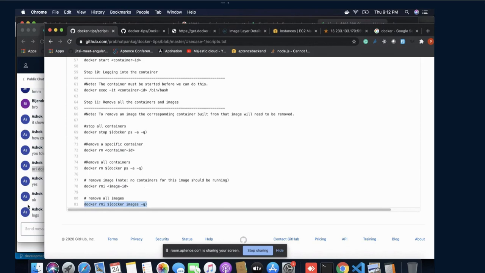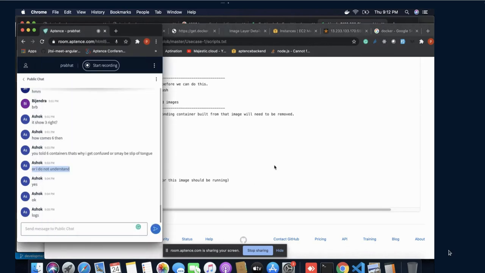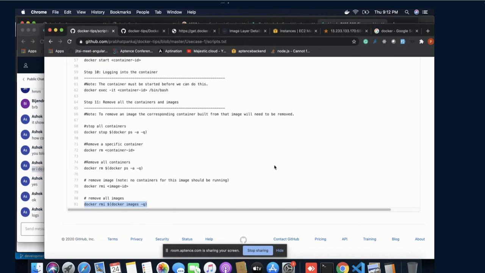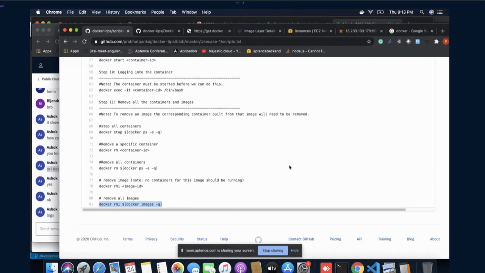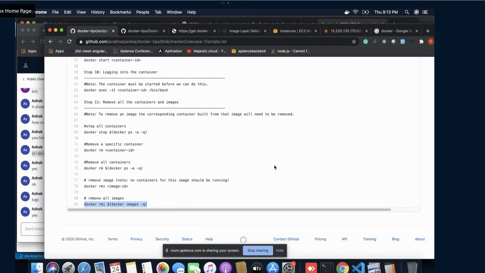So guys, is that clear? Everybody understood the different steps that have been written here? Ashok has already understood. What about Shiva?